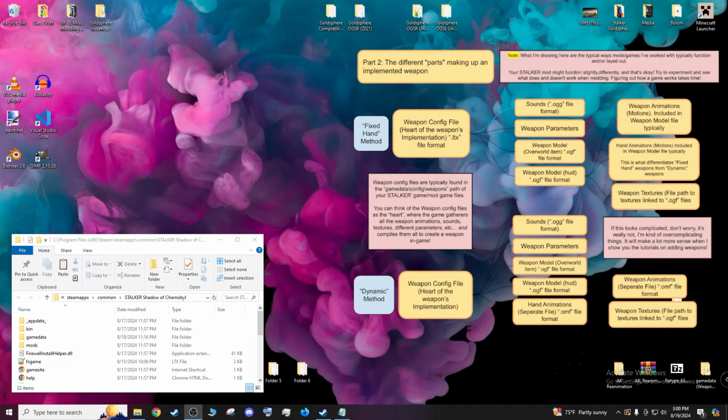So as you can see, there are 2 different paths that I've created. I implemented the different parts of an implemented weapon using the fixed hand method of implemented weapons that I showed last video, and the different path right here for the dynamic method of implemented weapons. Let's look at the fixed hand